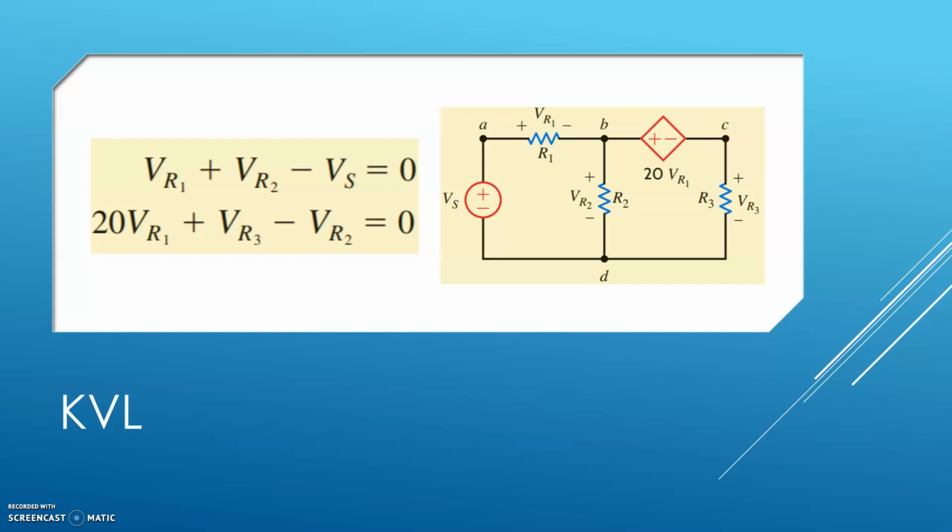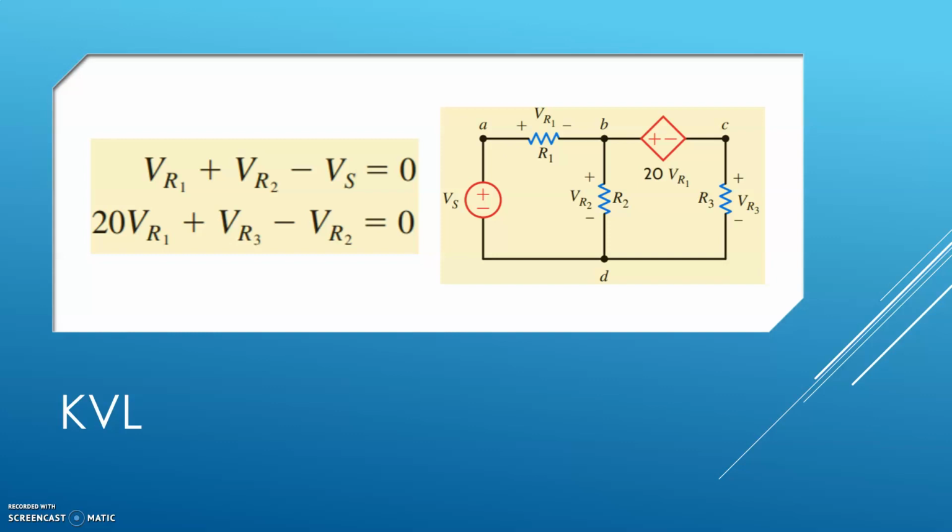Again, everything is set equal to 0. Then on the other side of the circuit, there will be a different equation. For the right side, the flow is clockwise again. So you get VR1 and VR3 to be positive, but this time the flow is going in the opposite